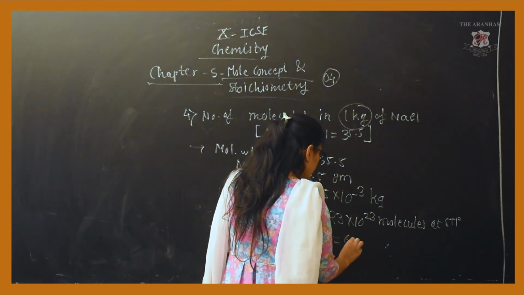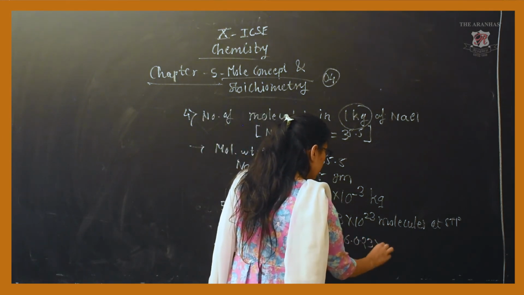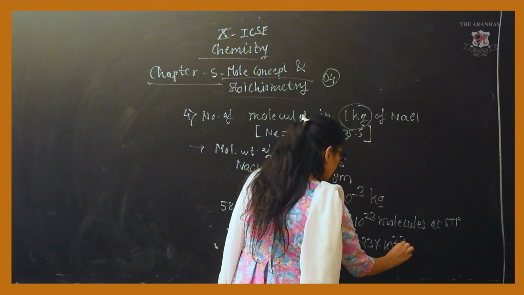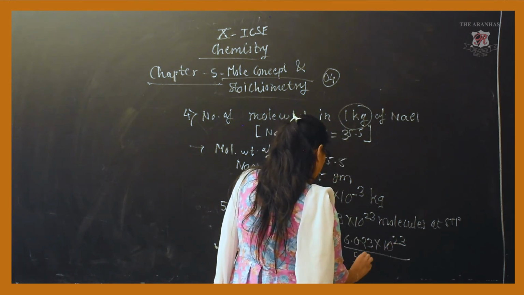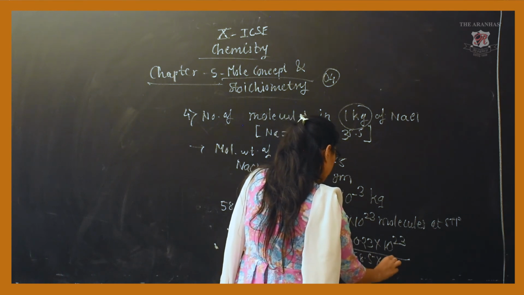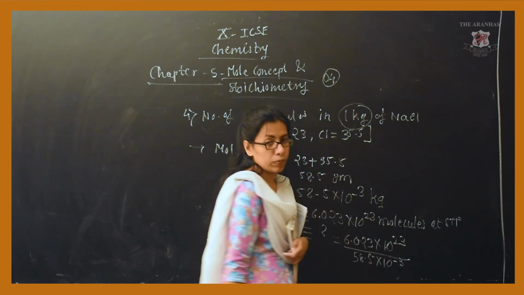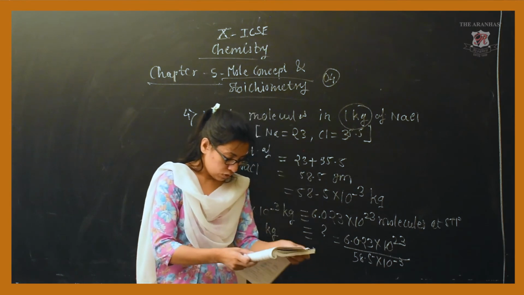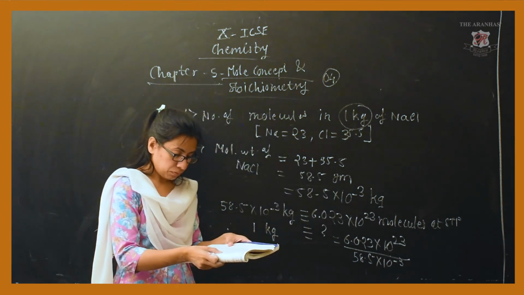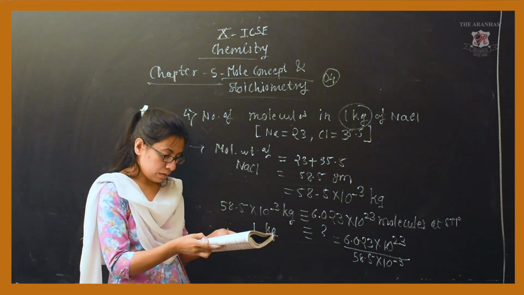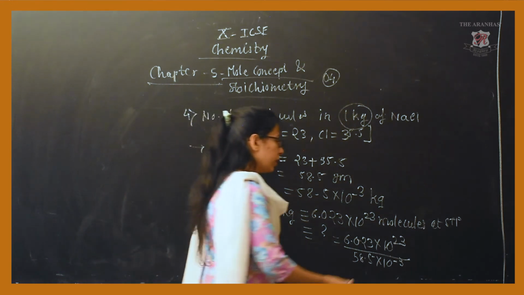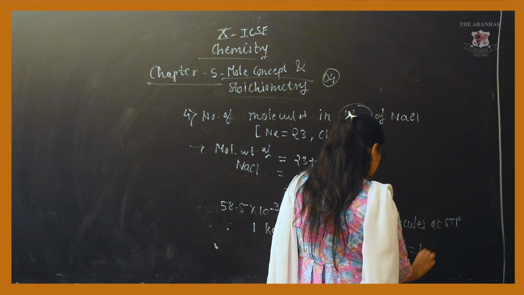So your answer will be 6.023 into 10 raised to 23, divided by 58.5 into 10 raised to minus 3. So if you solve this ratio, you will get the final answer as 17.1